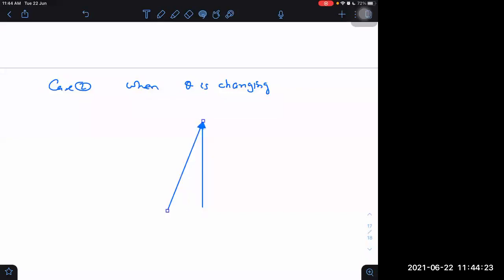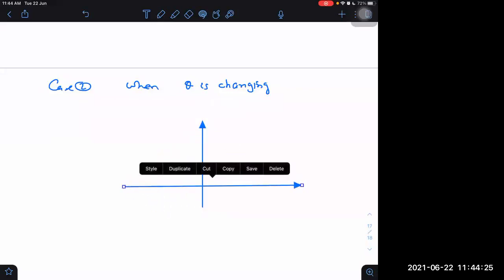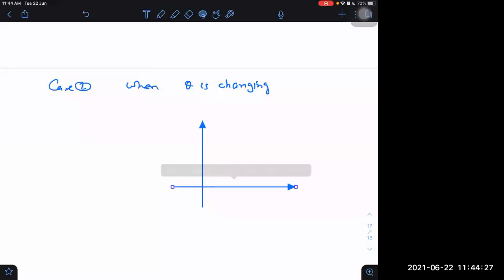Sir, a current carrying wire with a square loop. Let us do one thing. First, let us assume the magnetic field is into the plane. It will be easy to understand if I take it into the plane. This is the x-axis, this is the y-axis, and the magnetic field is along minus k cap.